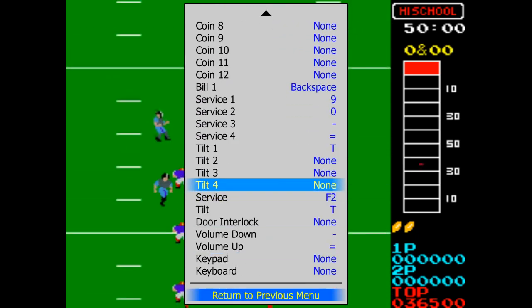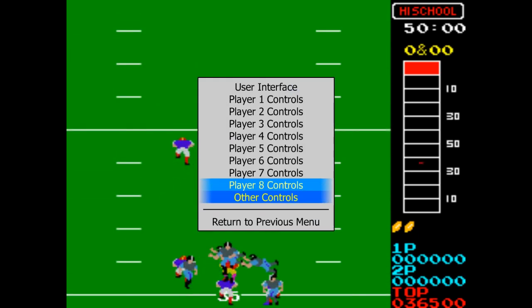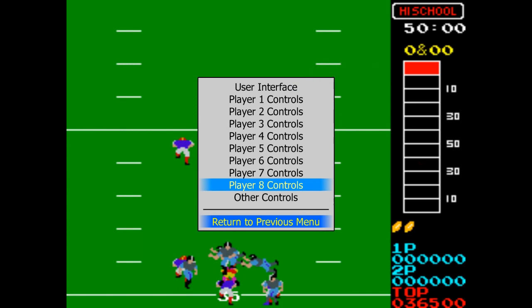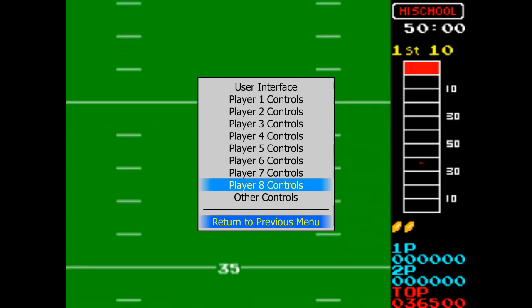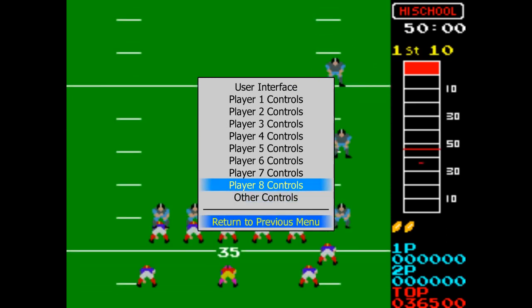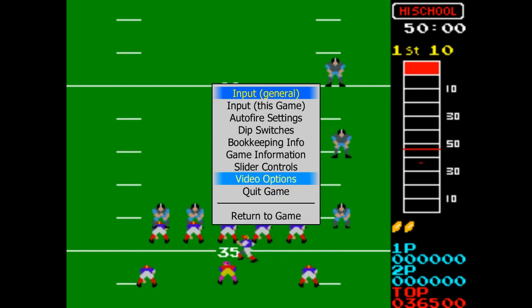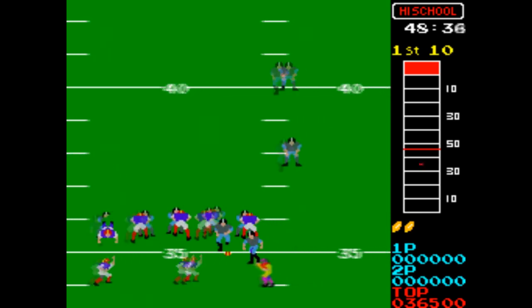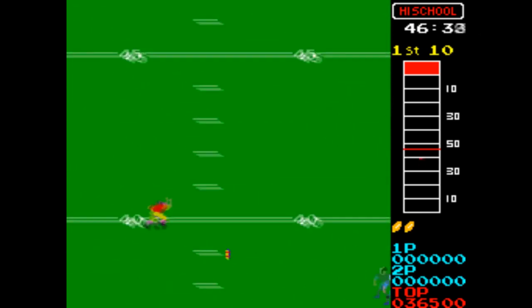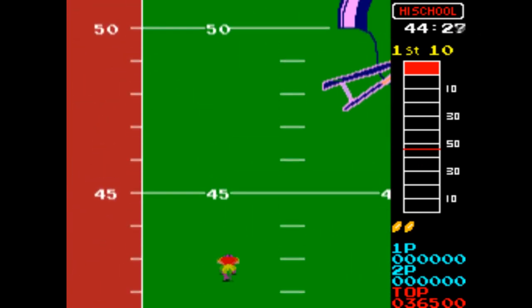Go down to the previous menu, and hopefully that should now return to previous menu. Yep, and then return to game. Now hopefully when I press the right stick it will think that I've just put money in. Boom, there we go. I'm a millionaire. Throwing money in everywhere. And now if we press start,